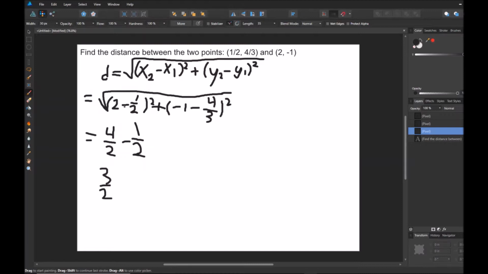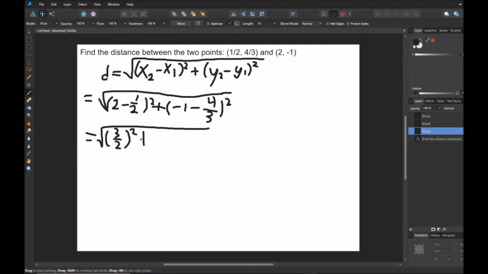We have to get the denominators to be the same, so we multiply 2 by 2 to make it something over 2, and 2 times 2 is 4, so it's 4/2 minus 1/2, which is equal to 3/2, which is 1 and 1/2 if you turn it into the mixed fraction, I believe it's called. So anyways, we have the square root of 3/2